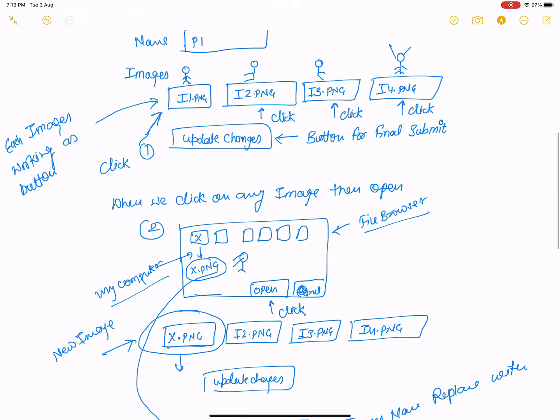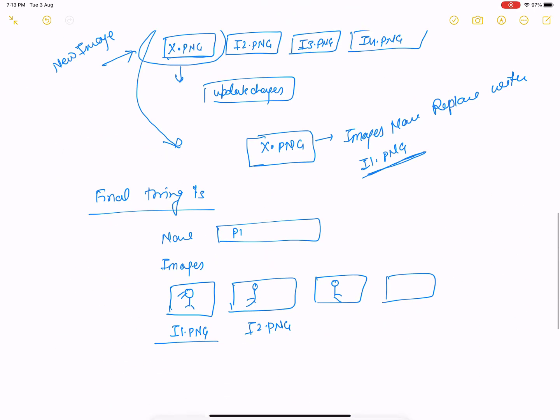And after that you click on the update changes button, and you notice that the name will be changed successfully, and there is no change in the name in the database, or you can say the URL of the database. So there is only a change in the name, and you can do that thing with jQuery.